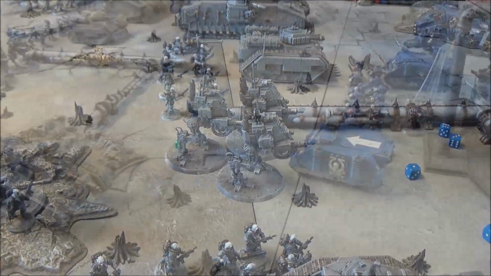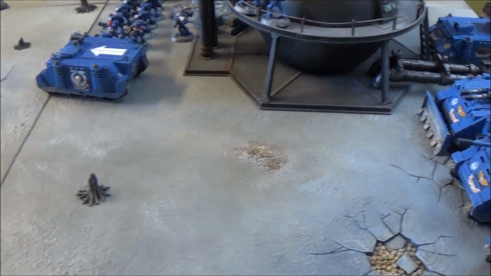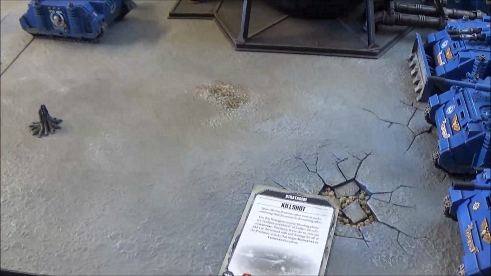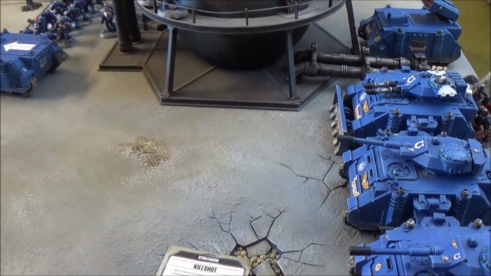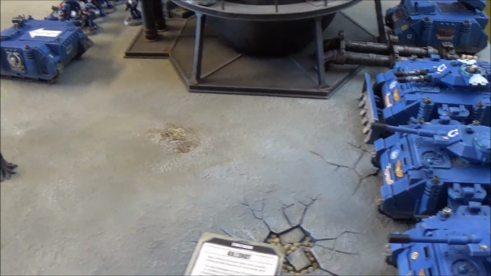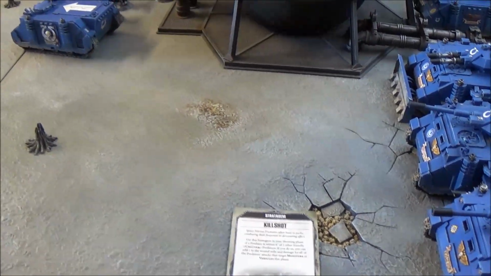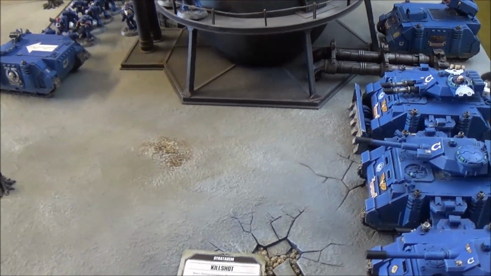Still hanging on. Okay, so we're over here where it's now becoming very serious. We've got the 3 Predators. We're going to see the Kill Shot stratagem in play. What it does is you select a Predator within 6. Going to select of 2 Predators. So we're going to select Kronos. He's going to get +1 to his wound rolls and his damage rolls. So that's pretty important. He is damaged, he's only on his last leg, but